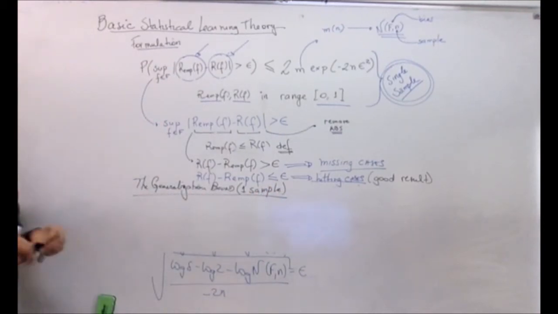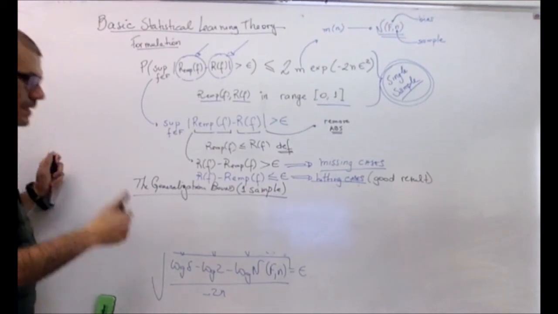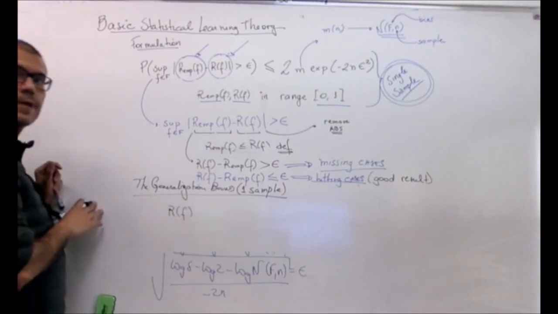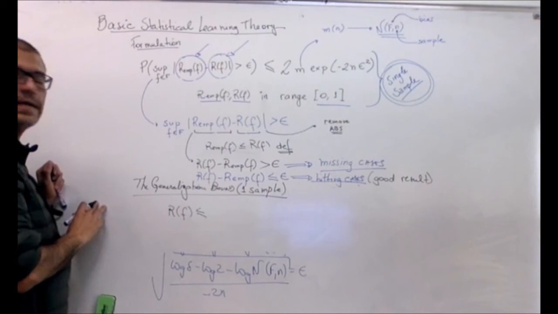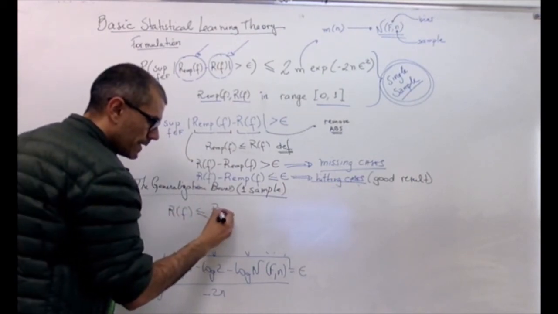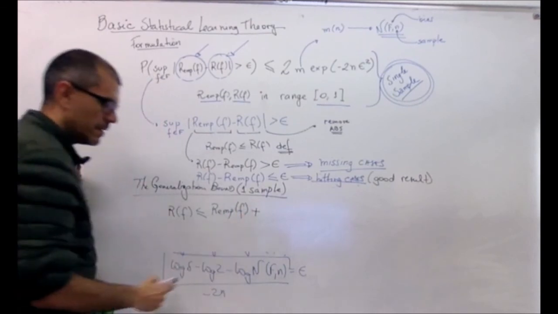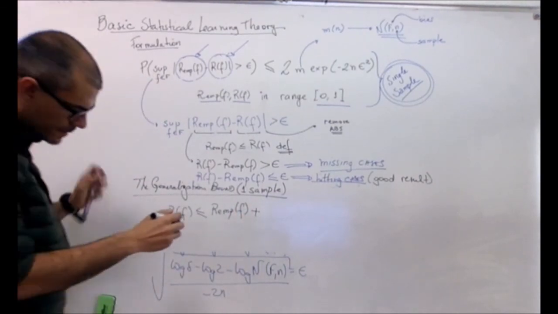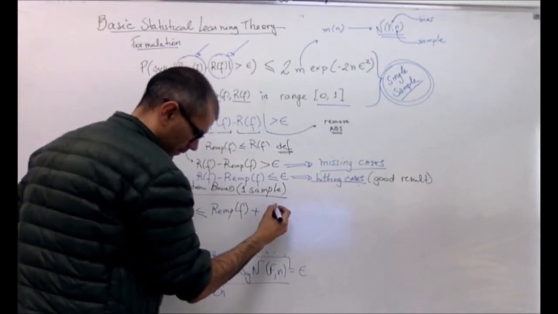I'm going to talk about it right after. So for a single sample, the expected risk is less than or equal to the empirical risk plus this epsilon term. And this epsilon term, as you guys can see, will be like 1 over